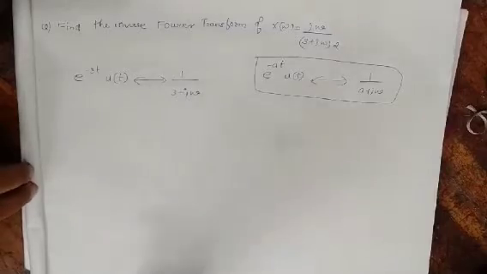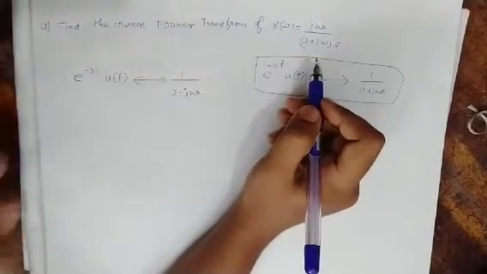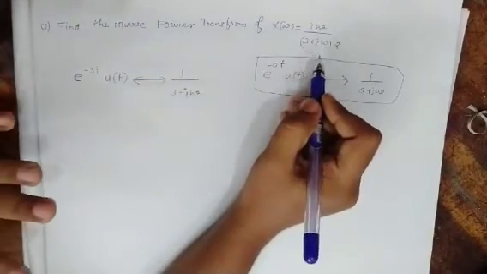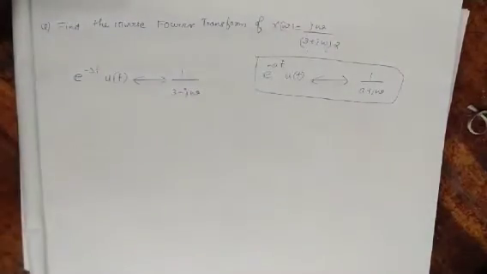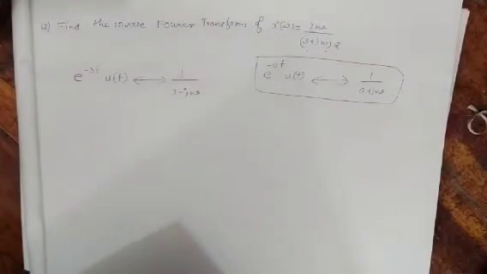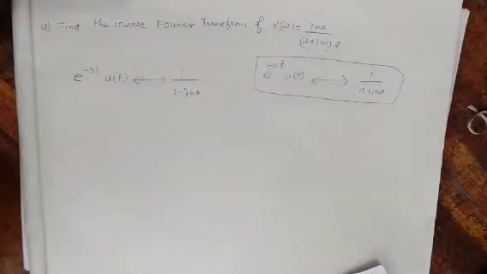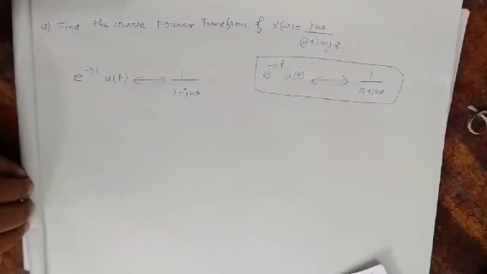and that is it. And looking at the question, we can see that it is 3 plus j omega the whole square. So when does this 3 plus j omega the whole square come in? That is when it is multiplied by, I will write the property of a Fourier transform. The property of a Fourier transform is